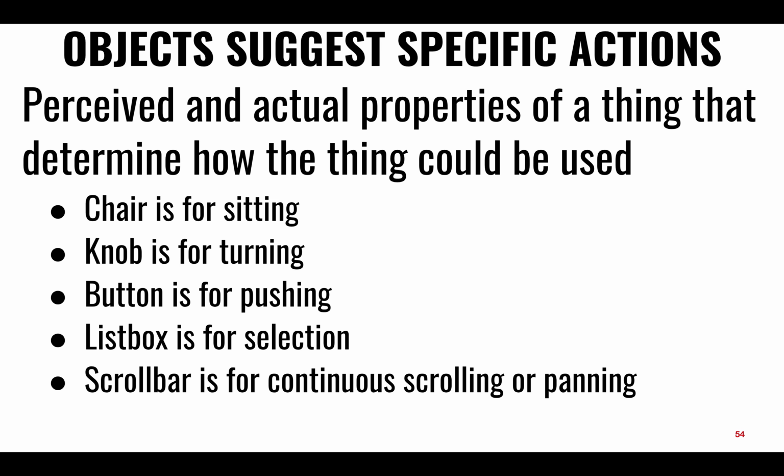So a back button, well, it must be just for that, going back to where I was. It's the mental model that you create with certain constraints. So Nielsen suggests that we make use of these natural constraints.